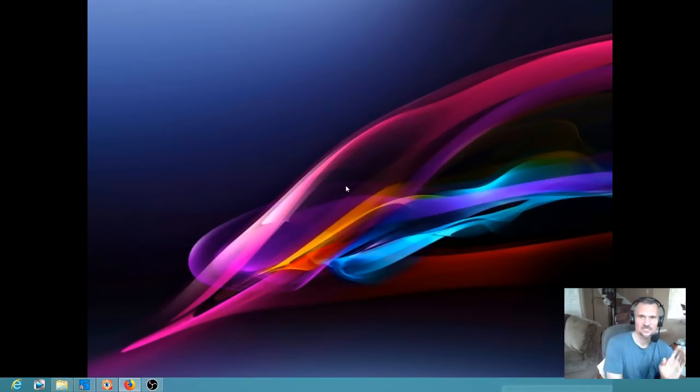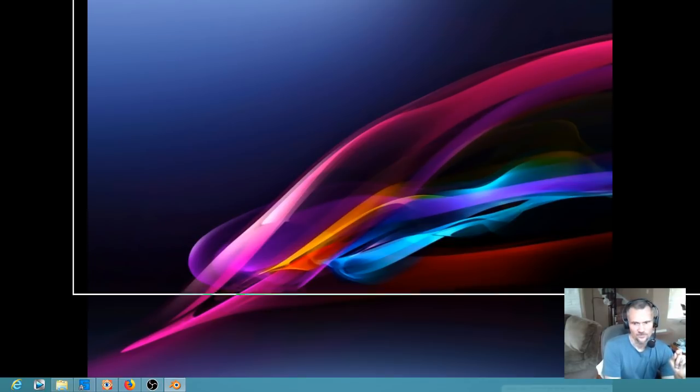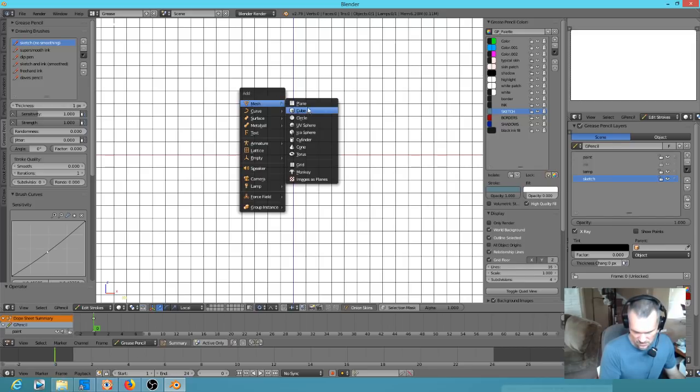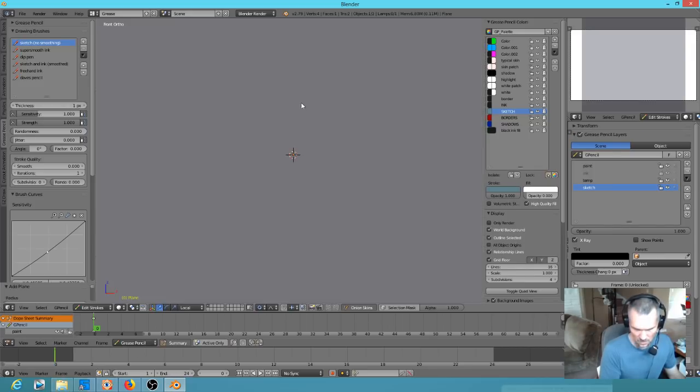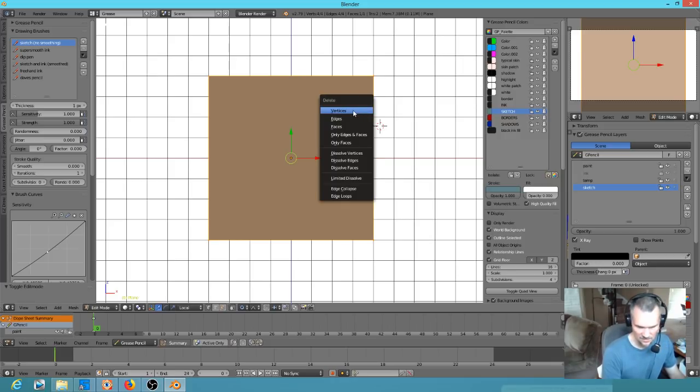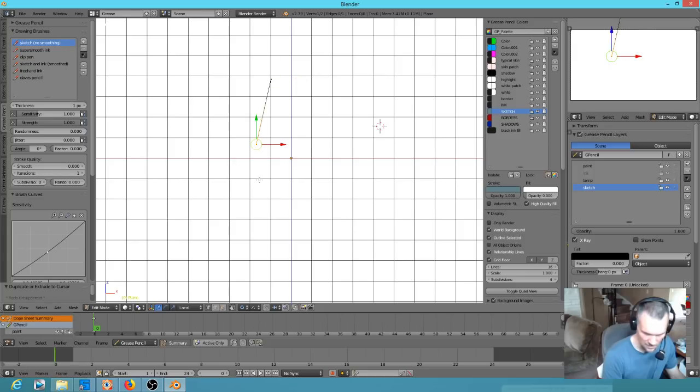gone. Okay, so as long as I'm doing Blender, let me show you what I was talking about earlier. Just to make life simple, I'm going to do it with 2.79, which we're going to have to drag down here. Let's keep this really simple. Let's create a plane. Now, in edit mode, I'm going to hit the X key and delete all the vertices. That way I can go click, click, click, click, click, click, and